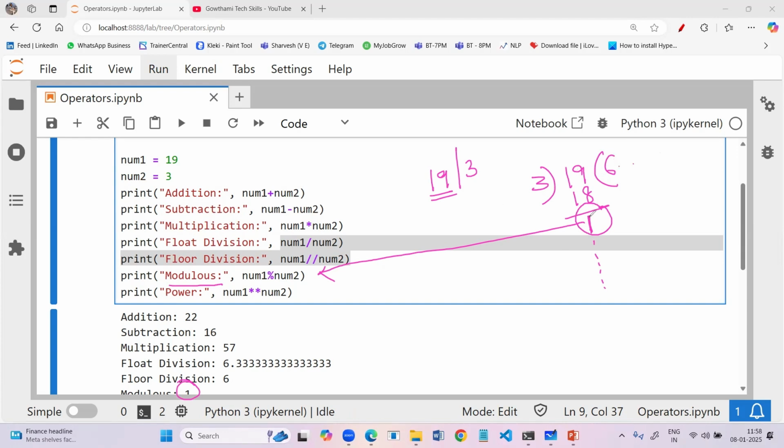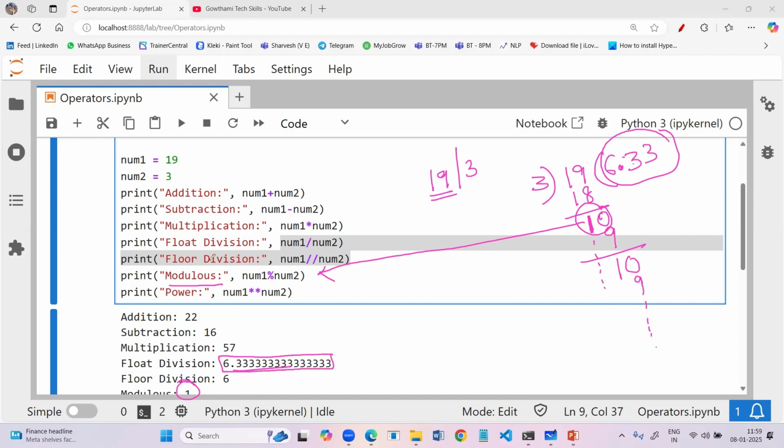Once you got the 1, I'll put a point symbol and you will get the 0, and you are going to divide it with 3 table, 9. And again, you will get 1 point, already there, 0, 3 is 9, and so on. When you apply the float division, you are going to get the output as the quotient in the format of float. That's why the quotient here is in the format of float.